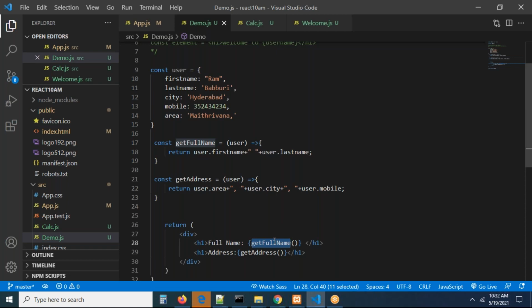I called it get full name, camel case is not required. You can take anything, right? That's an object, na? Key and value pairs are everything. You can take anything, no problem. I think let me use the function here. I'm using the function. I want to check the problem with this function, and get address, get something I